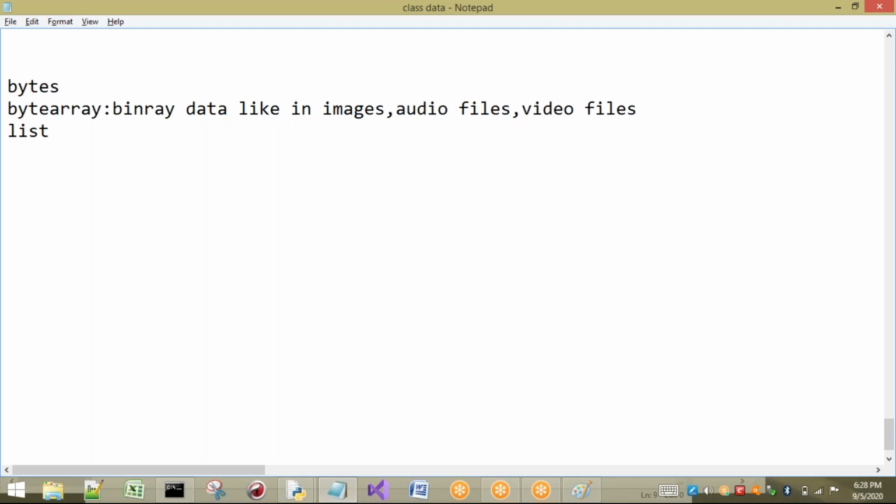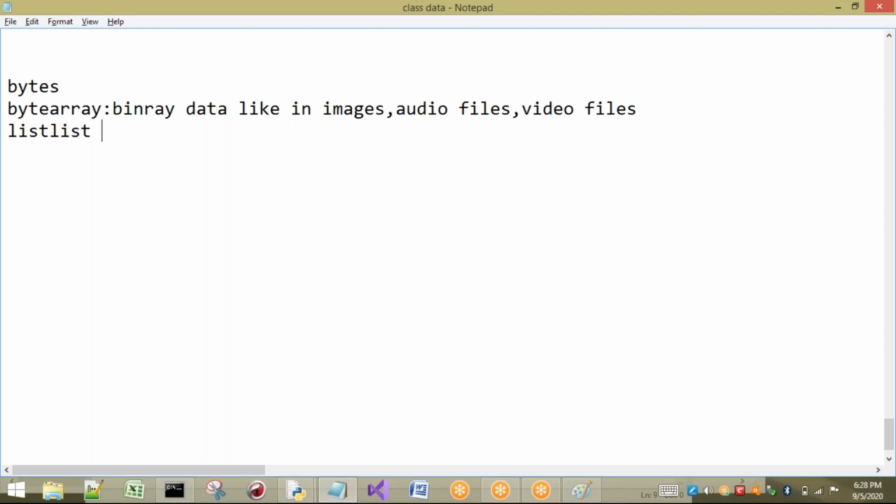Now list. We use a list when we want a group of ordered sequence of items. That means if I insert 10, 20, 30, it should be in the same order; the order should not be changed. If you want to store a group of values with some sequence of items, we have to go for list.